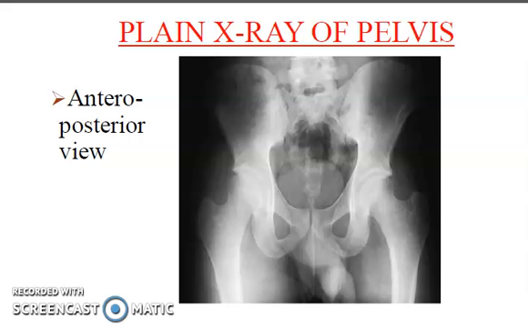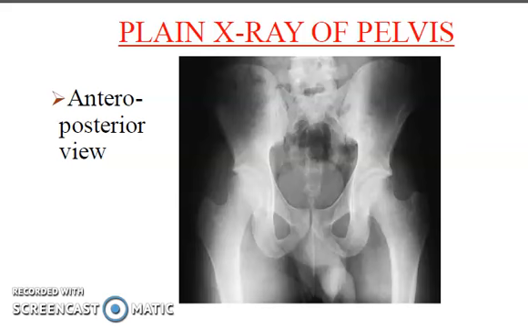And the fourth thing you have to say is about the side of the radiograph, that is whether it is bilateral or unilateral. If it is unilateral, you have to tell whether it is of right side or left side. So to summarize, while reading any radiograph, always tell these 4 points: the first point is whether it is plain or contrast, the second point is region, the third point is view, and the fourth point is side. So we can read this as, this is a plain radiograph of pelvic region, which is an anterior posterior view